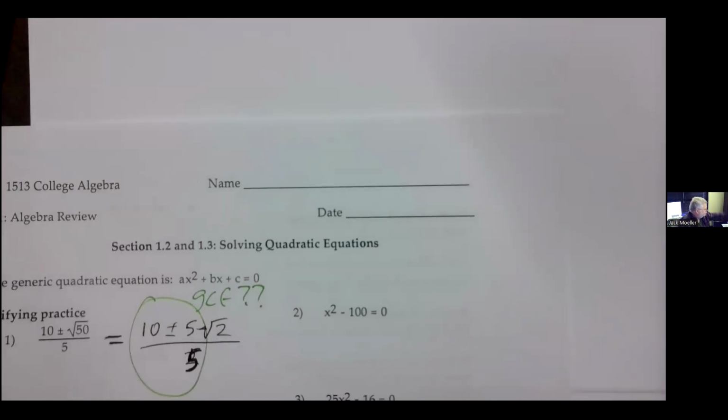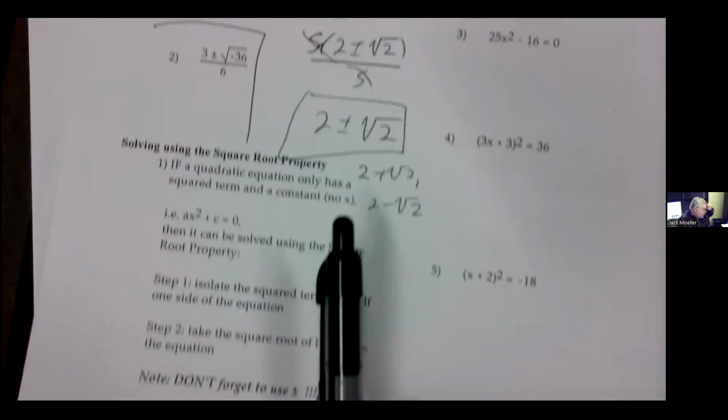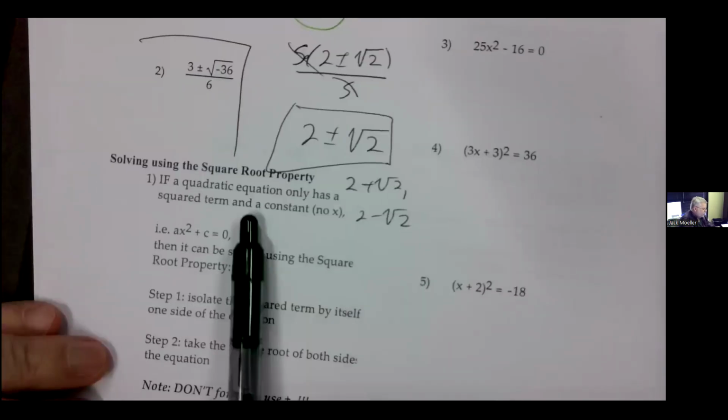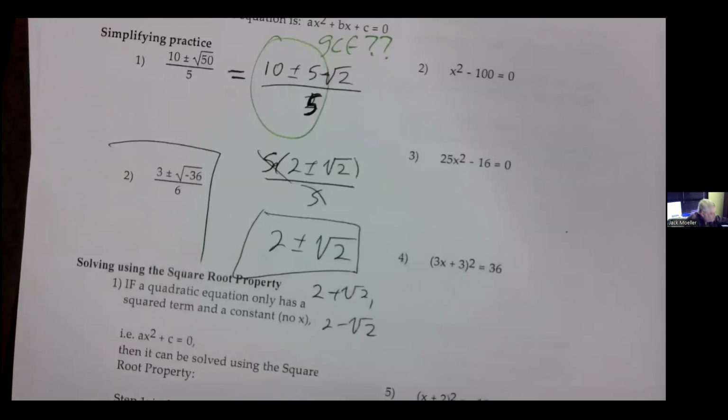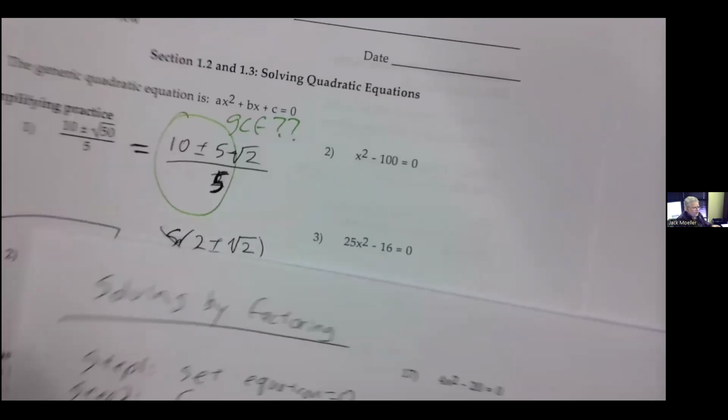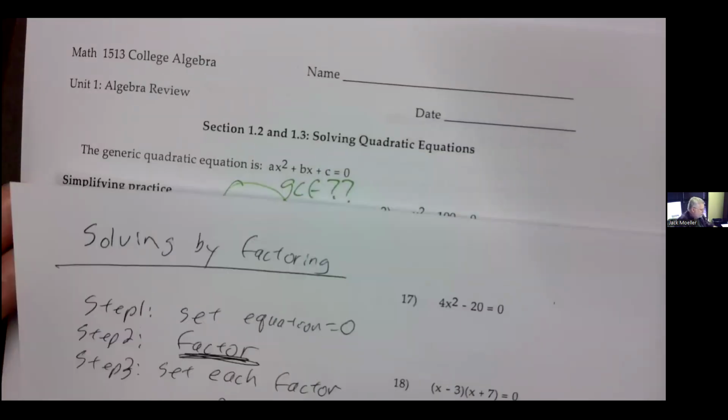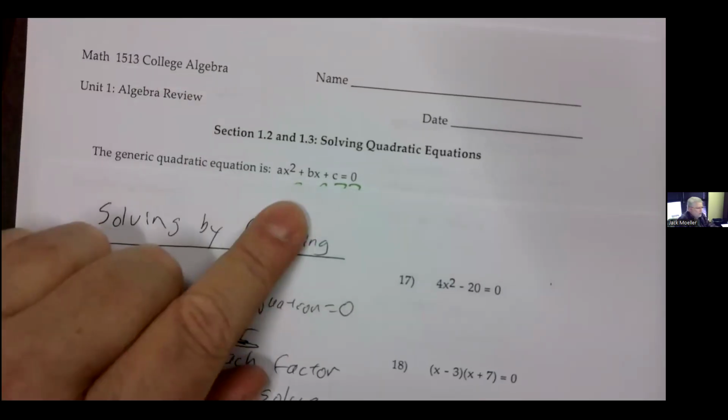All right, so let's get on to solving. Now, this handout, the 1.2.1.3, starts with the square root property. That's normally the second one I cover. Like I said, for some reason, when I was redoing my notes, I left off the page on solving by factoring. I think I originally had it in 1.1, and then when I moved it over, it just got lost in the translation. All right, but when we're solving quadratic equations, keep in the back of your brain that the